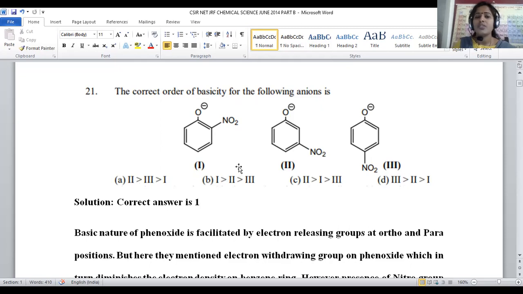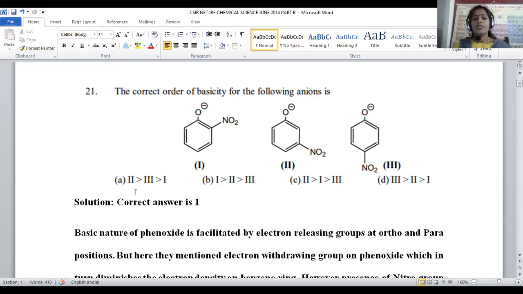This is purely explained based on the resonance stabilized negative charge distribution. In the delocalization of electrons, the negative charge is localized at the ortho and para positions rather than meta, so meta will not impact the release of electrons. So the second will be the most basic. The least basic one will be ortho, because of its close proximity to the phenoxide, with a strong tendency to pull the negative charge towards it. So it will diminish the electron density to a stronger extent, and the basicity will be lowered.